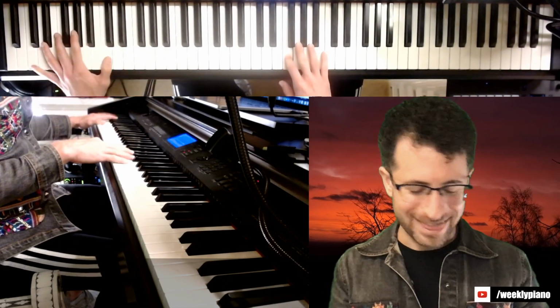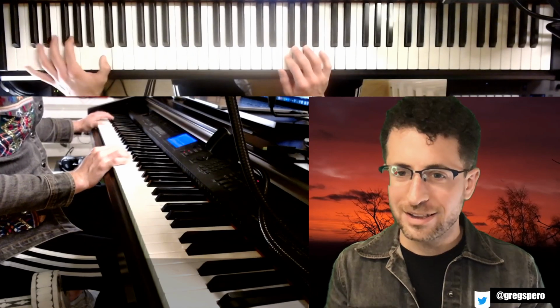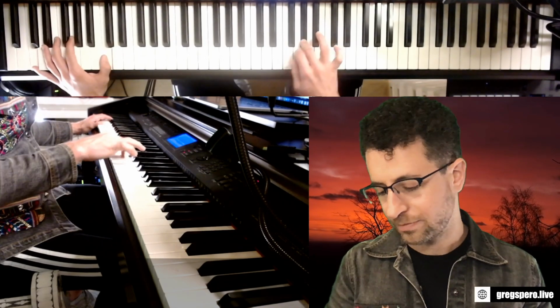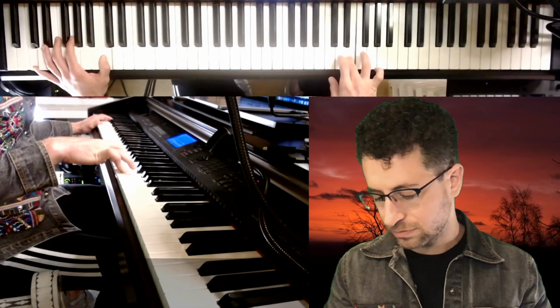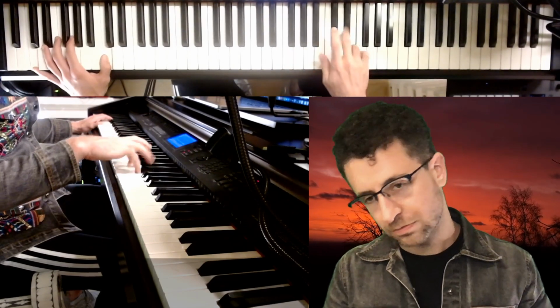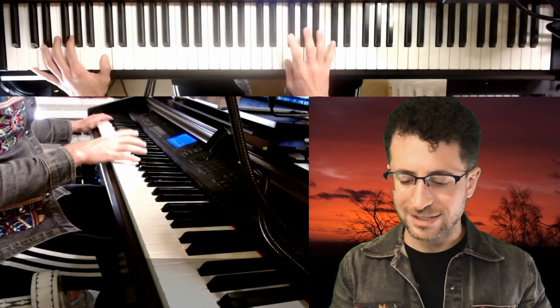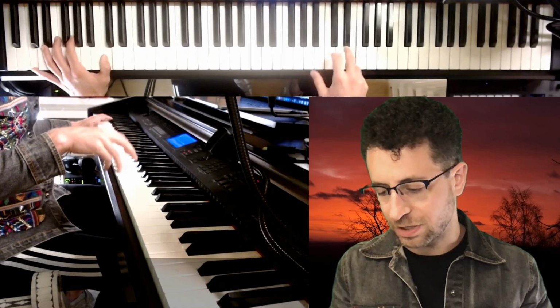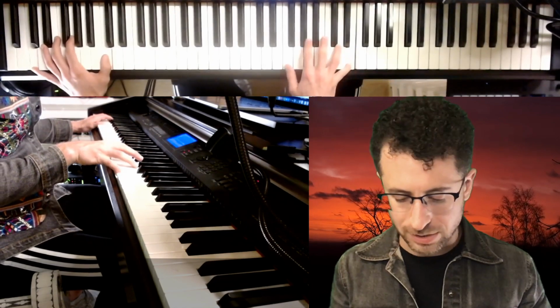And then if you do the 5, it's a little weird because this is your 4, and you don't really use that as one of the leading tones. It's a static tone. It's not a leading tone. So when you're on the 5 of the 1, it's a little weird, but you can still do it, and that's sort of implied there, but you don't even need to use it. You can use it, but this is the note that you really want to use, and it's because I'm thinking